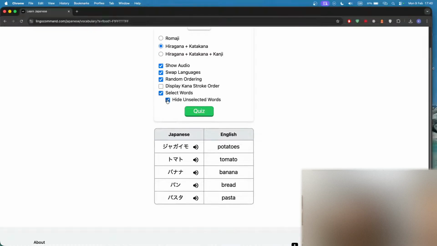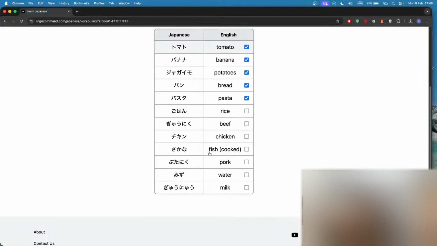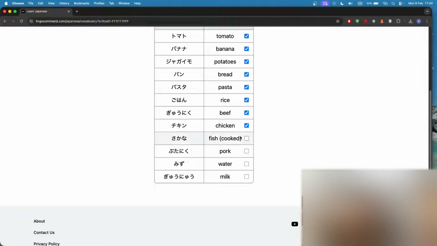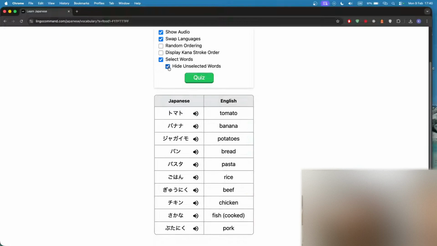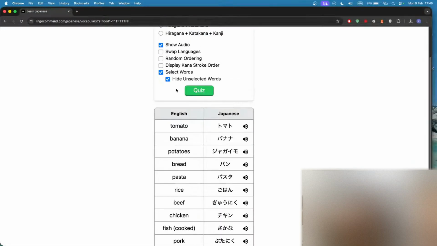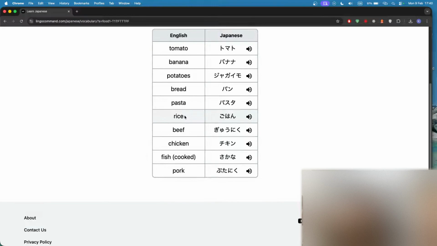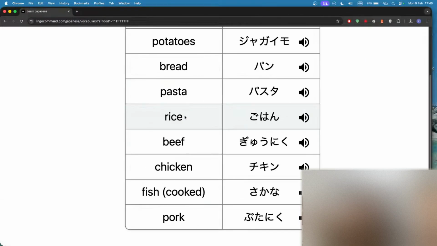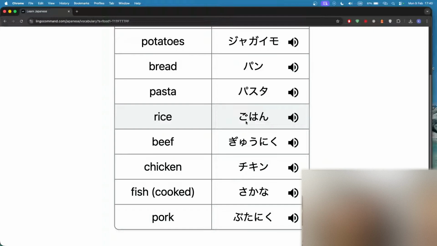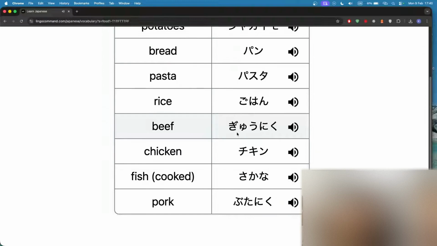So I think what we'll do here is we'll uncheck this and we're going to add another 5 words to learn, right? So this is 3, 4, 5. And let's select those extra 5 words. And rice is gohan. Let's check the pronunciation. ご飯, beef is gyu niku. Now niku is meat. I don't know what gyu means, but that helps that this niku here is part of the word beef. 牛肉,